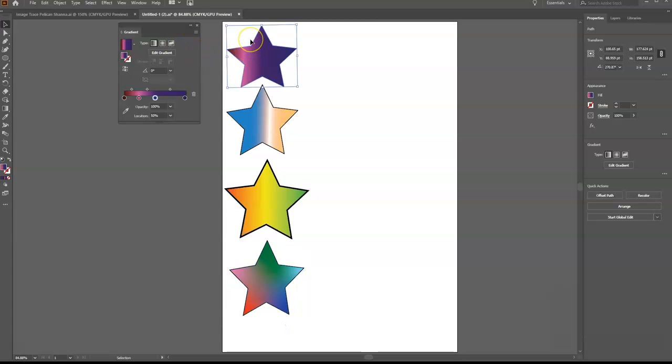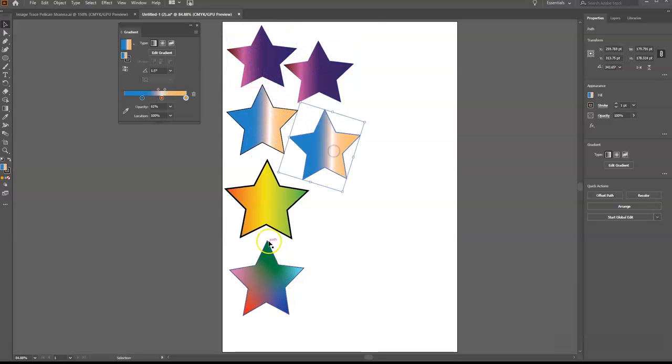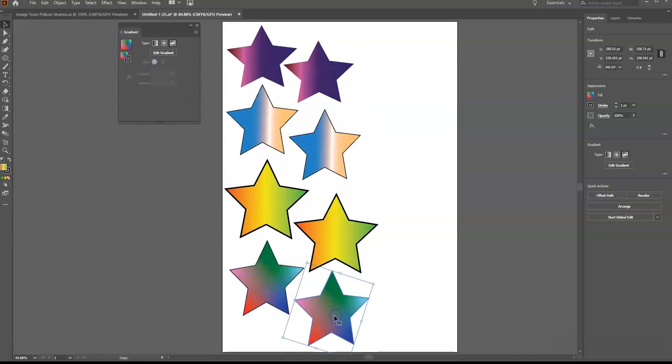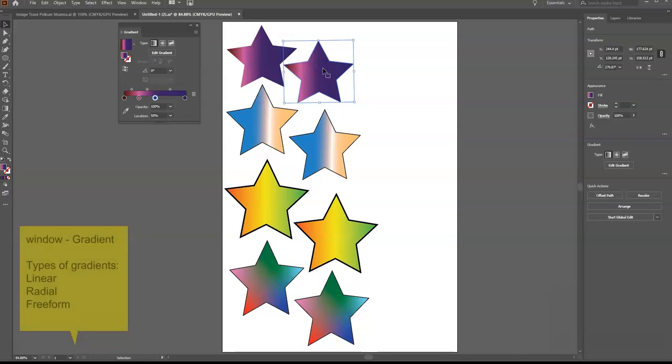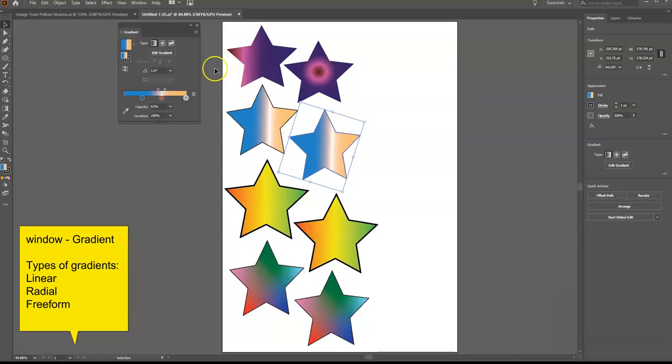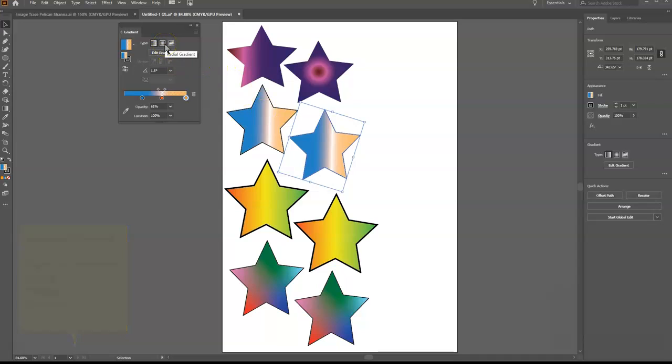Next, I want to duplicate each of the stars. So I'm going to hold the Alt key and just drag across so I can duplicate these. Now, in each of the new stars, I'm going to change the gradient from linear to radial. So all I have to do is click inside the shape, and for the type, I'm going to choose